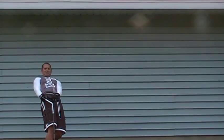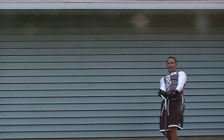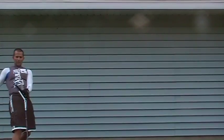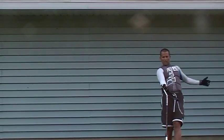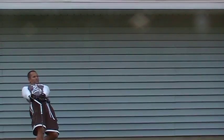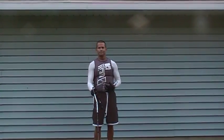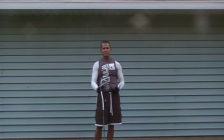Lock. Lock. And go. Lock. Lock. Flex. And go. Lock. Lock. Flex. Go. Lock, lock, flex, move. Lock, lock, flex, move. Okay? If a skier would practice this, and I would recommend going further each way, for 15 minutes